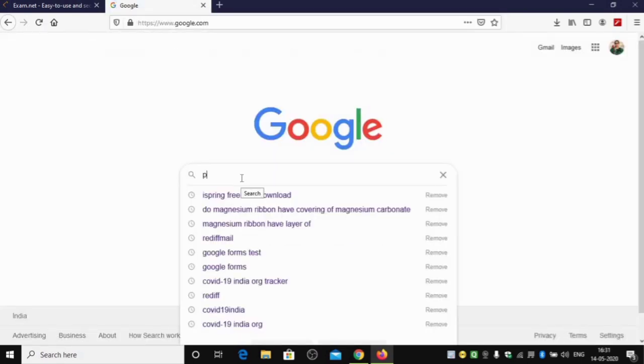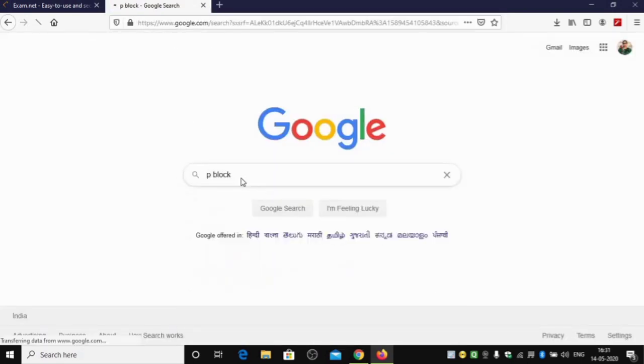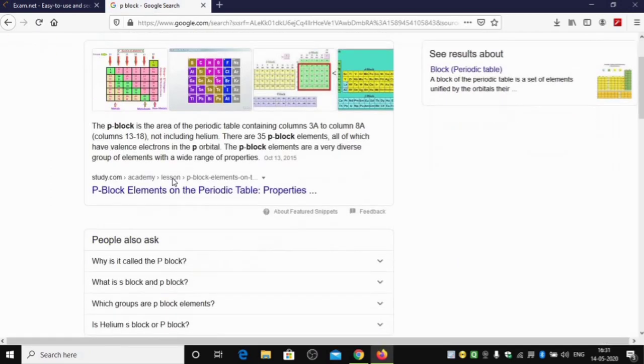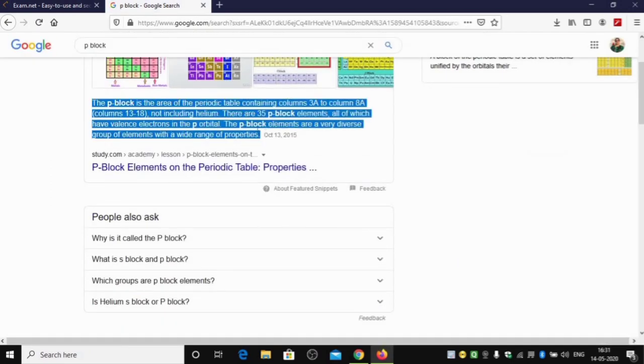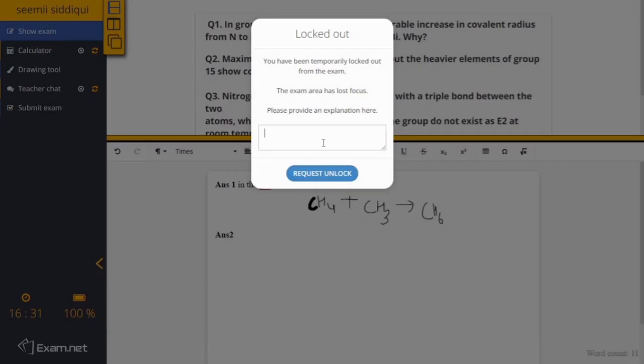Now over here you have found the answer to your question. Clear? You got the answer. You are copying the answer and thinking that you are going to paste it in your exam sheet. It will get locked. And then for unlocking it, you need to write down the explanation why you lost this.